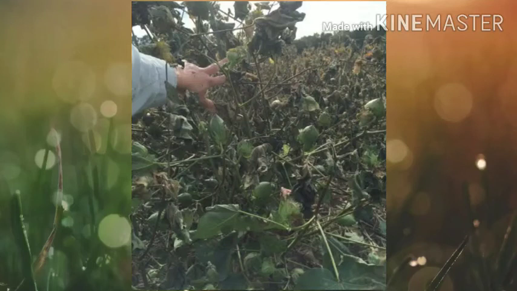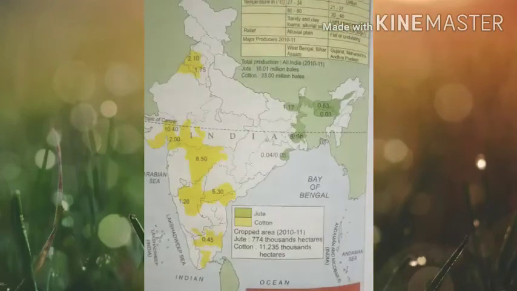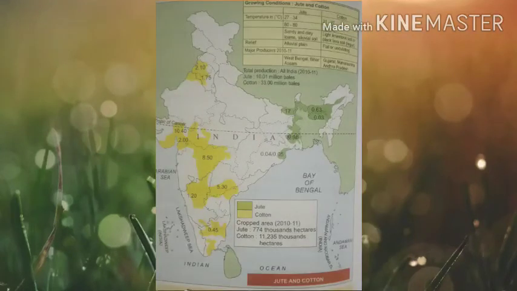In Punjab and Haryana, it is sown as a Rabi crop in April and May and it is harvested in December and January before the frost can spoil the crop. In peninsular India, since there is no fear of frost damaging the crop, it is grown as a Kharif crop. In Tamil Nadu, it is grown both as a Rabi as well as a Kharif crop. Here rains occur during winter and cotton is sown during October. The irrigated crop is sown in January and February.